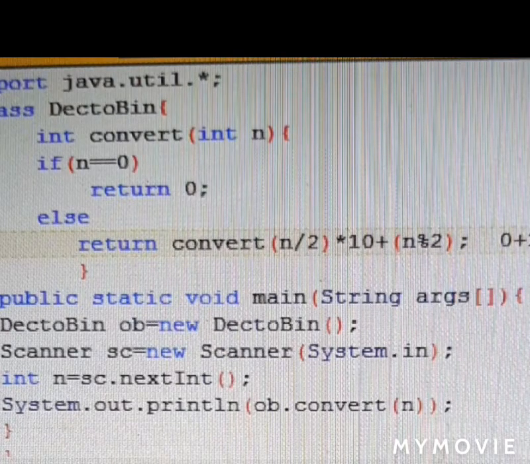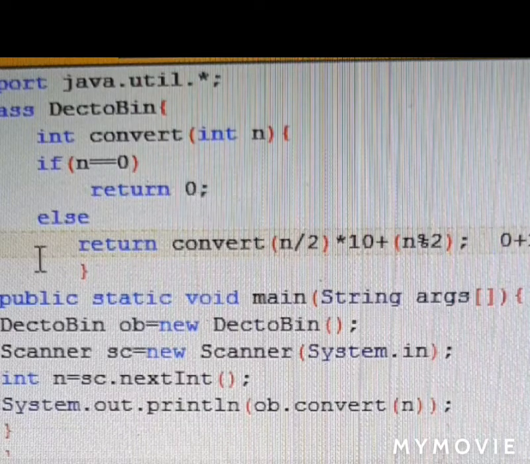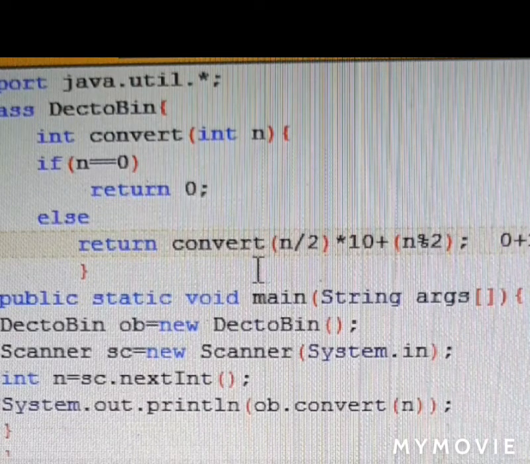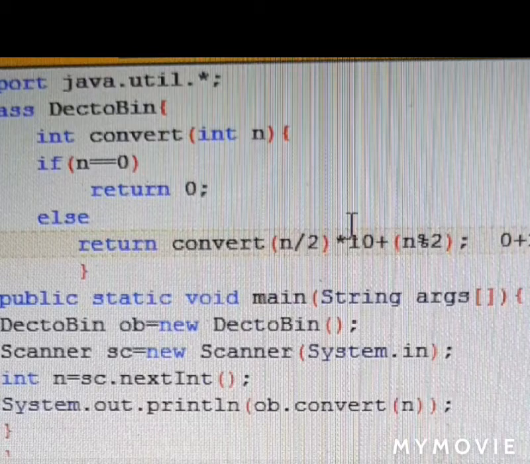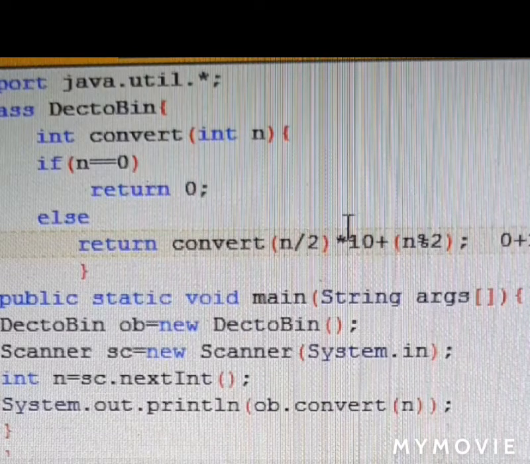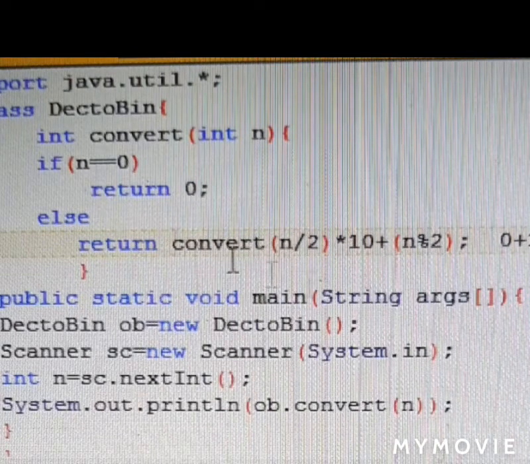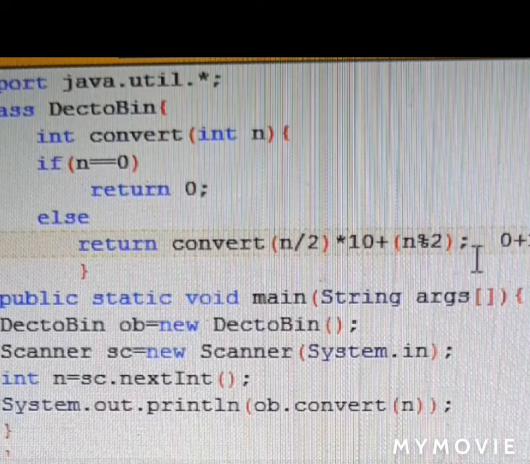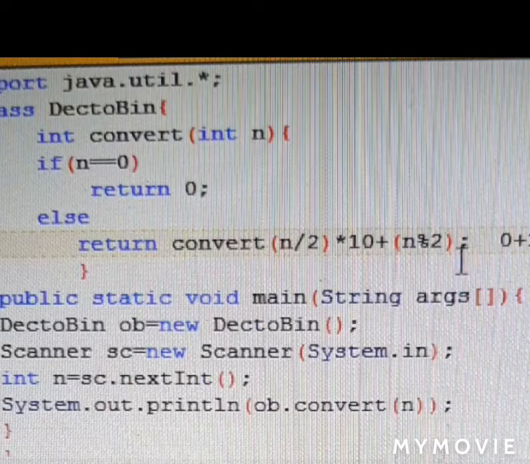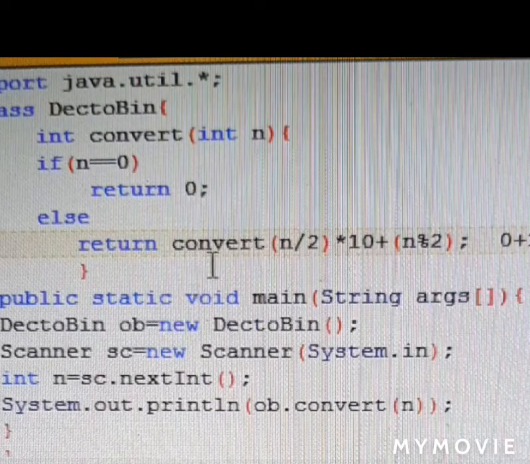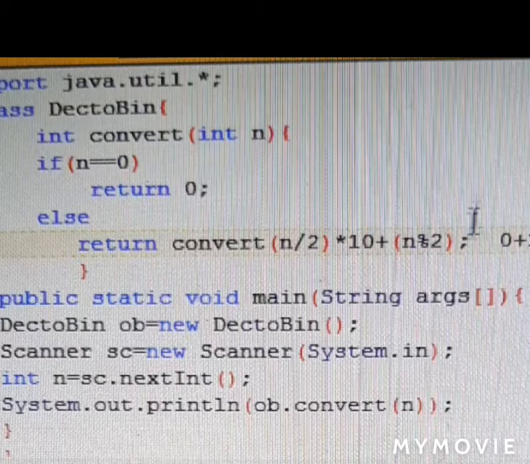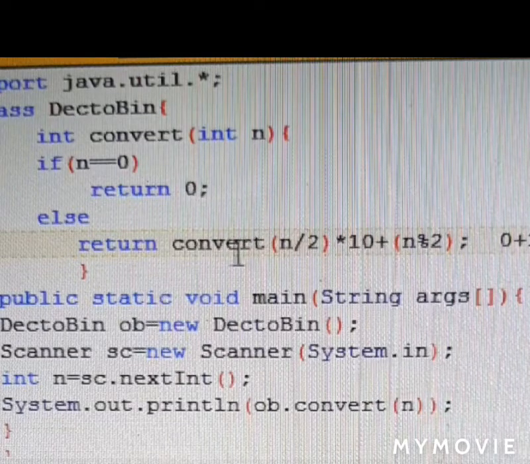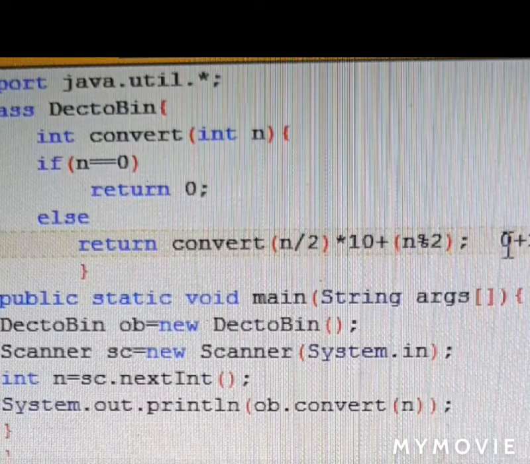So you have to be very much clear, because when it comes to the outputs, what will be the output if 7 is given or if 10 is given. Two numbers were given in the 2017 output question. The same function was there, and the answer for 7 was 111 and the answer for 10 was 1010. So be careful that when you are making a program of decimal to binary, this logic has to be applied.